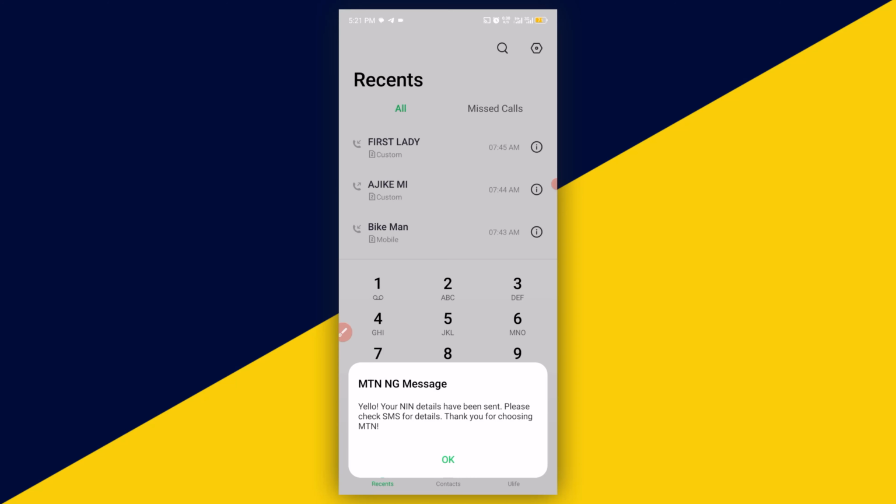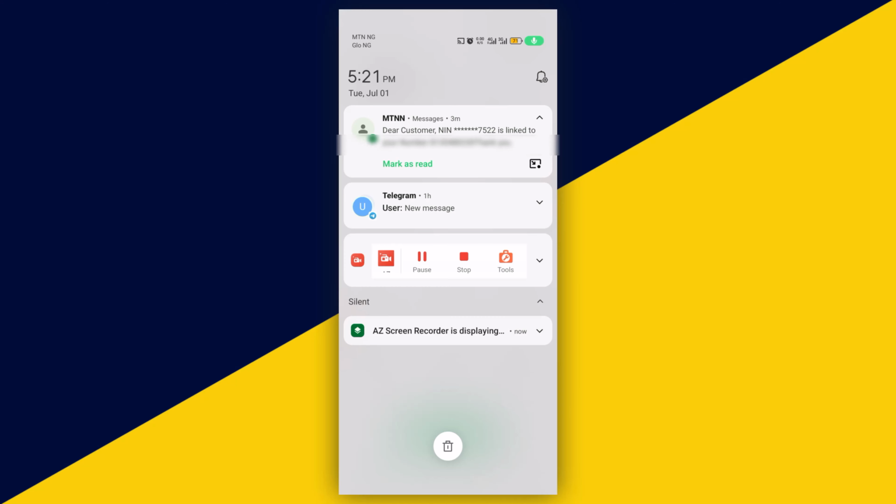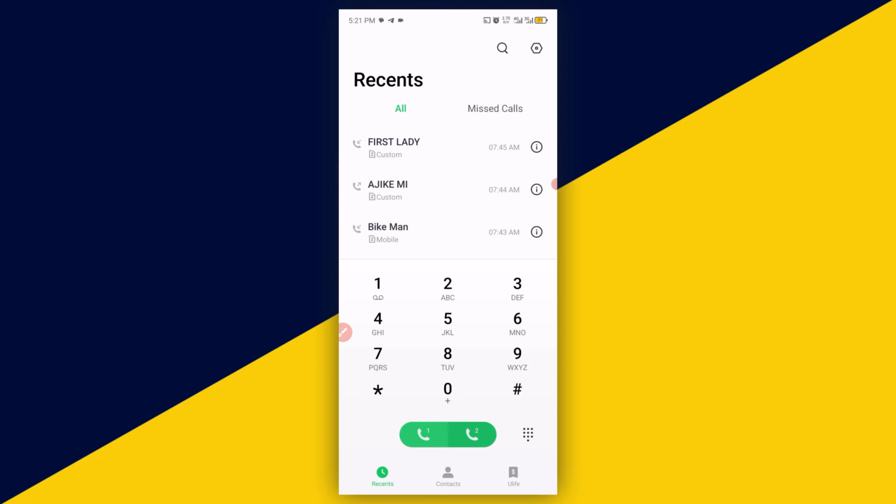Your NIN detail has been sent via SMS for detail. Thank you for choosing MTN. Click on OK. Dear customer, NIN with the number is linked to your number. Thank you for choosing MTN. That is for MTN. Now let's check how to see how many numbers are actually linked to your NIN